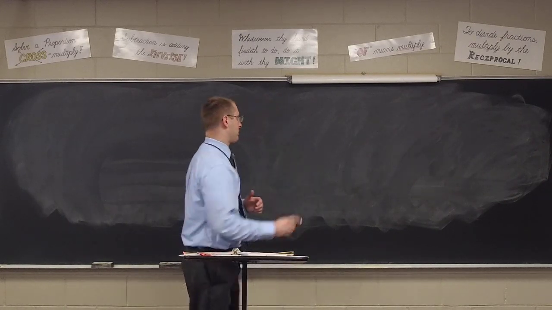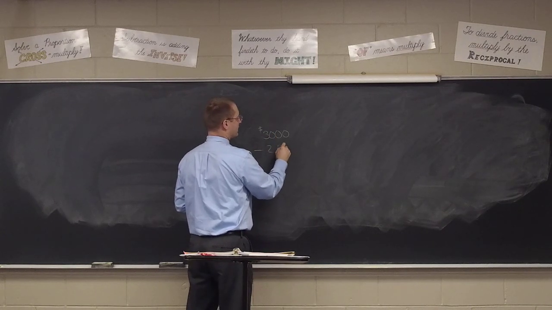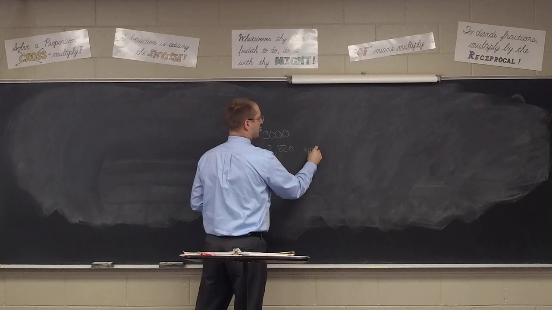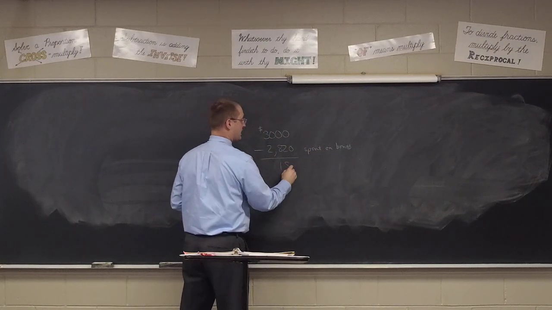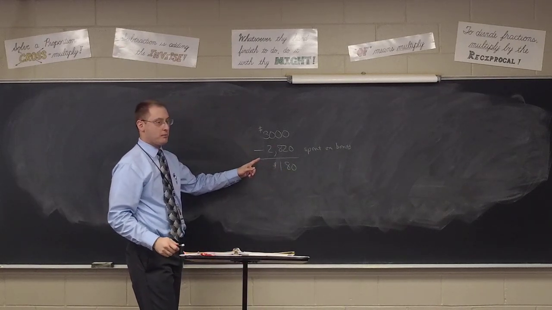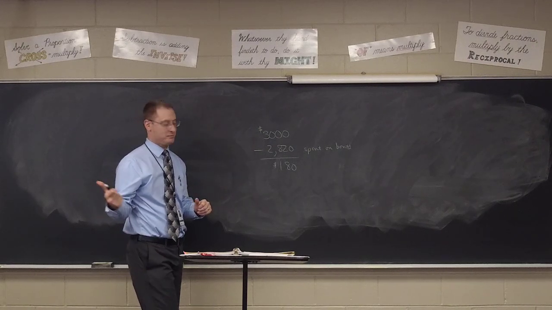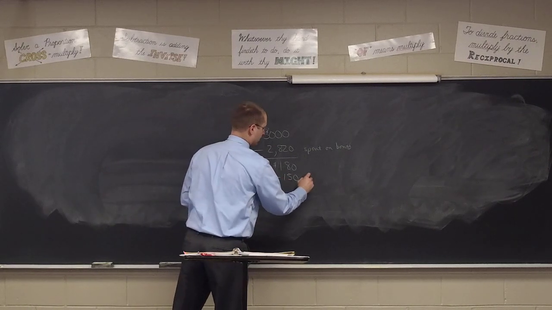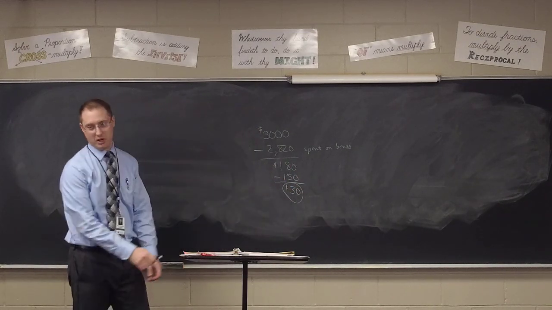120 would be if we took the 3,000 that she made minus the 2,820 she spent on the bonds, correct? That would give you $180, wouldn't it? But she didn't just buy the bonds. She had to pay the stockbroker too, remember? She ends up making $30.